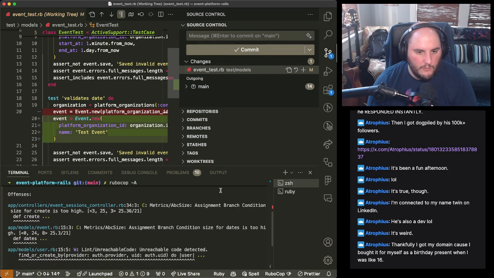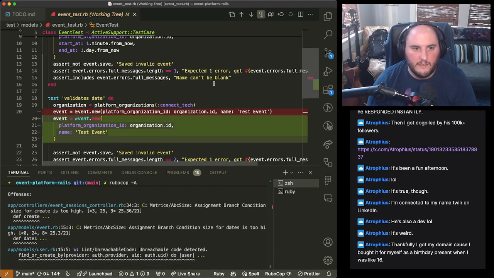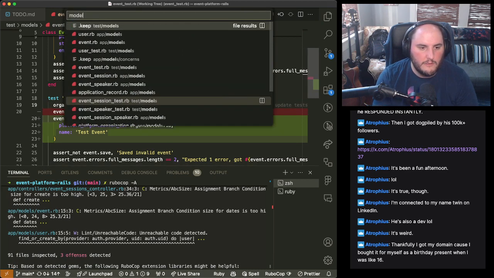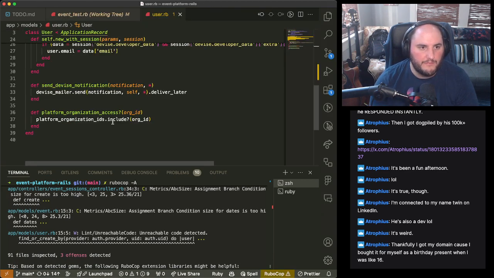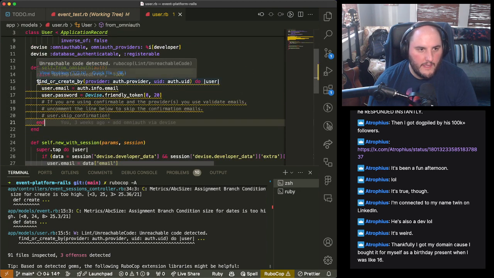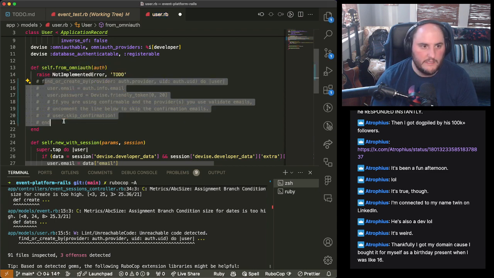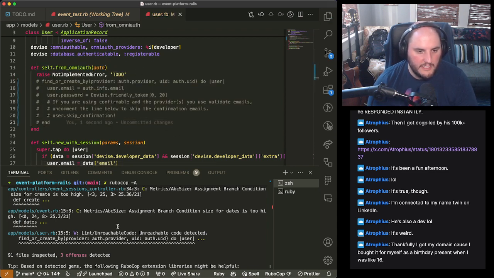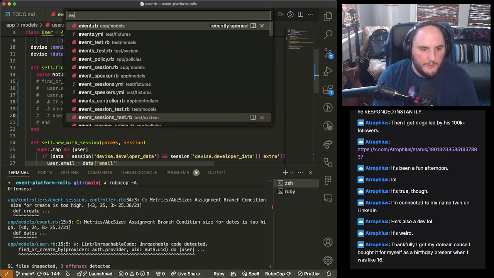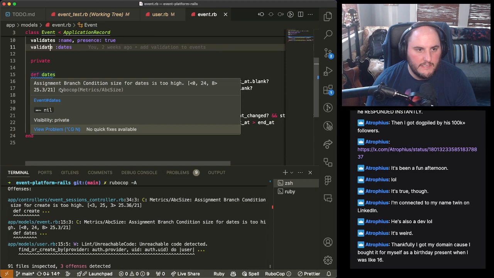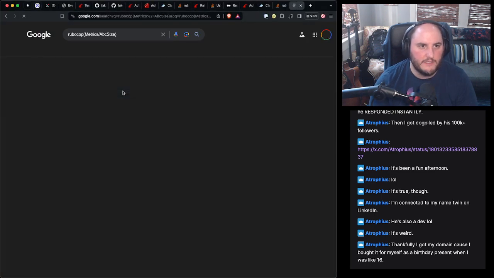So let's go see what the offending files and problems are. So in our model user, this is upset because this is currently unreachable. And I think our quick fix for this is let's just comment it all out, right? And this was our previous implementation. That'll fix that one. If we go to our event RB line 15, this is RuboCop metrics ABC size. So let's see what this one's about.